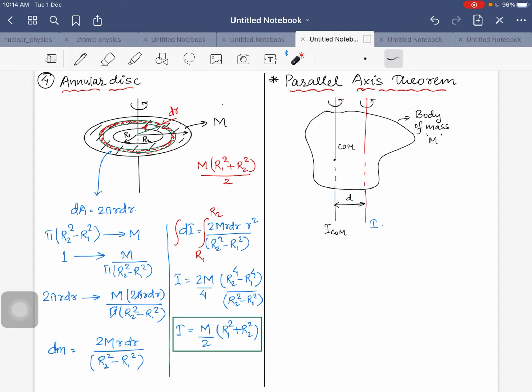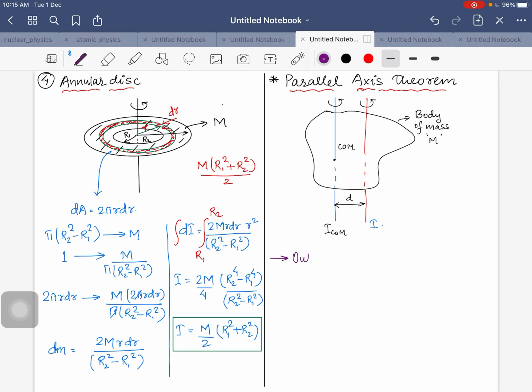The two axes should be parallel. Okay, now this one should be passing through the center of mass. What you have to write, यहाँ पे लिखो, you have to write these things actually,